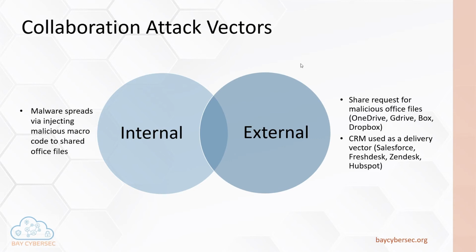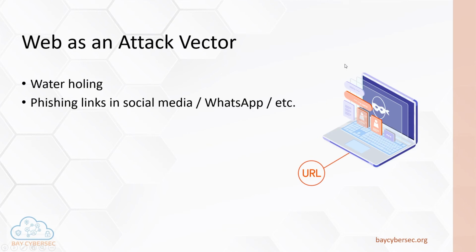So our next slide will be talking about the web, of course. We talked about emails and the collaboration platforms, but obviously everyone just has a browser and can just surf the internet. So how can they be attacked when they're surfing the internet? We have a concept called water holing. Water holing is when the attackers compromise an internet site and then put their malicious payload in the source code of the site. So every time a user surfs to that site, he pulls that payload, and then it can be run inside the user's browser.